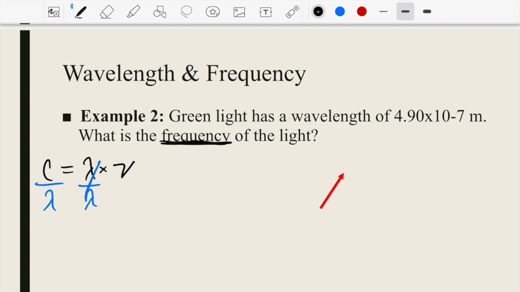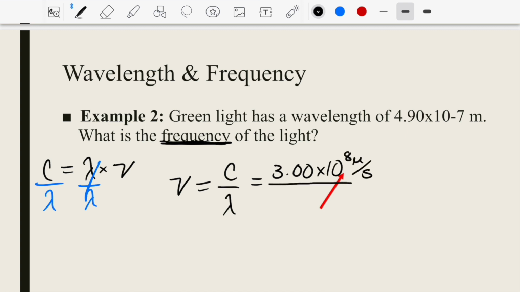So we get the equation, frequency is equal to the speed of light in a vacuum divided by wavelength. Speed of light in a vacuum is 3.00 times 10 to the 8 meters per second, divided by our wavelength of 4.90 times 10 to the negative 7th meters. The units of meters are going to cancel,